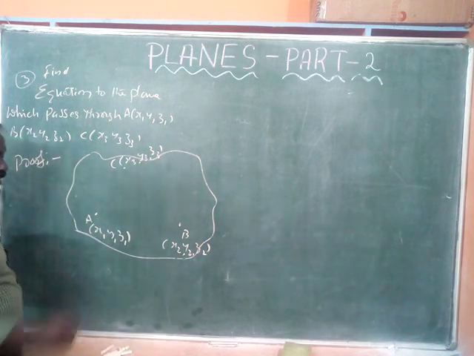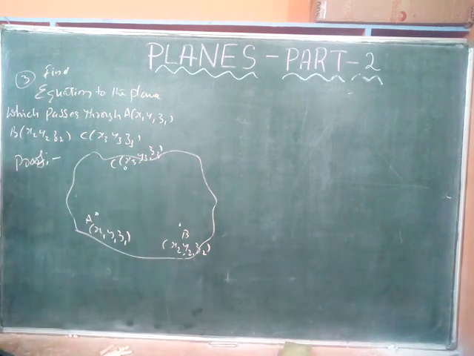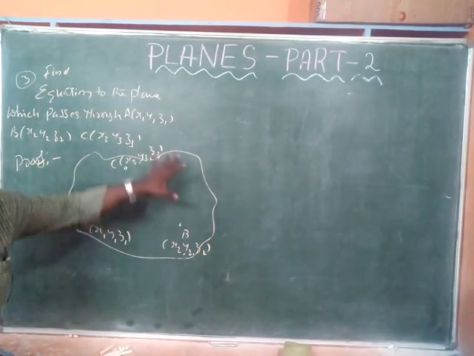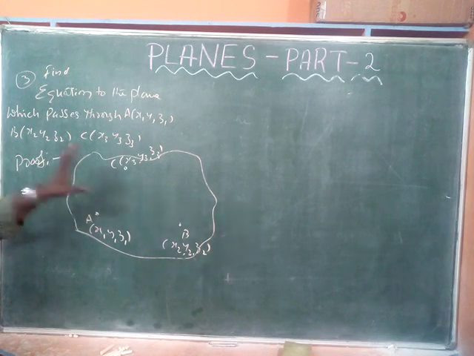Slowly try to understand it. We are given 3 points on the plane. I am writing this as a plane. You assume it is a plane. This plane is passing through 3 points. That means